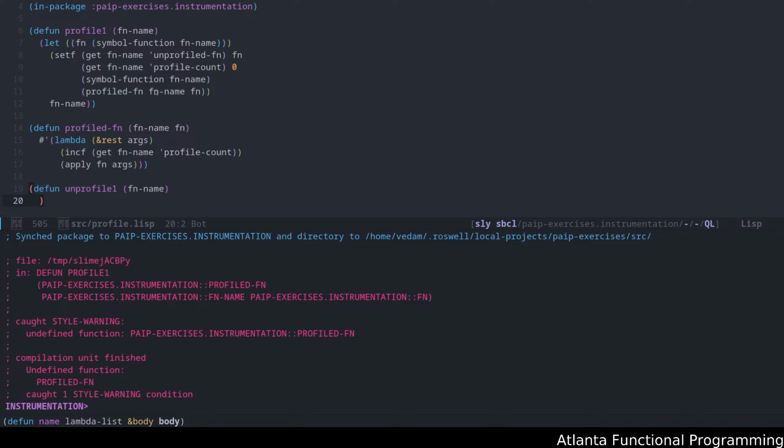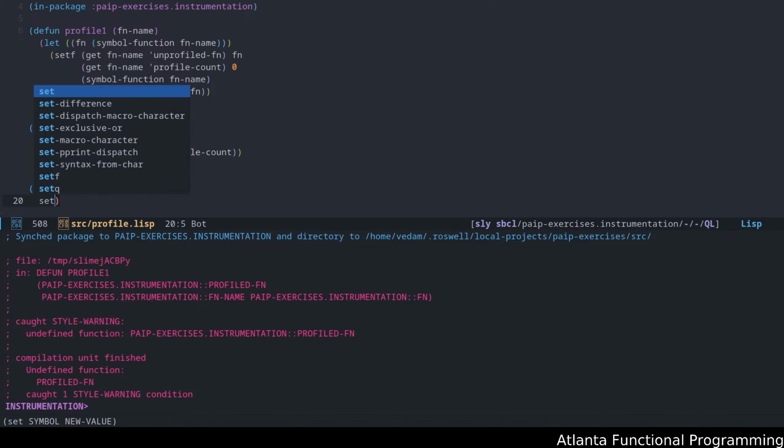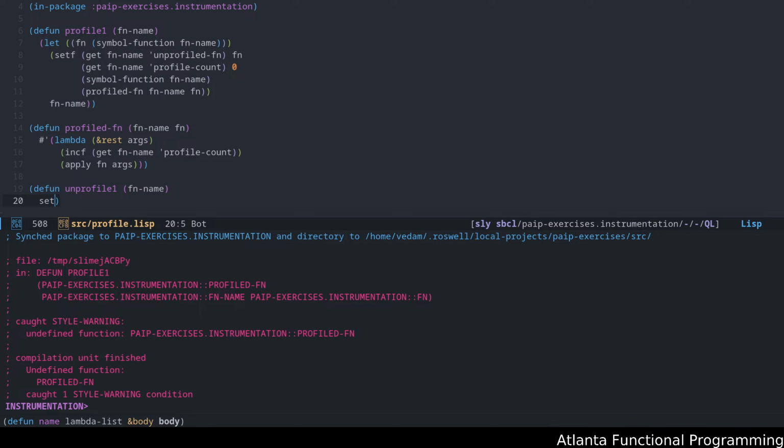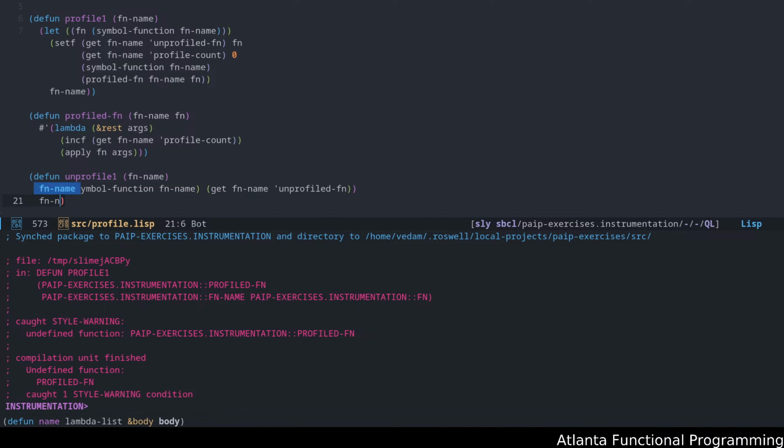It's going to setf the symbol function of the function name back to what we previously cached in the unprofiled function metadata earlier, the function pointer that we labeled as unprofiled function. And once we do that, we just return the function name like we did earlier.